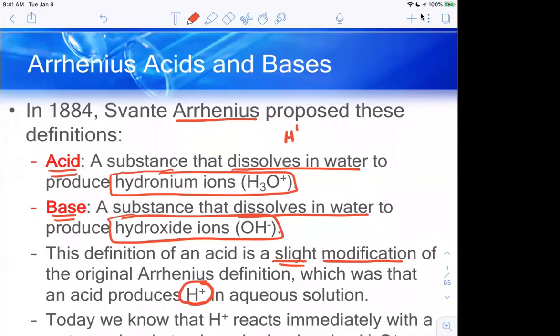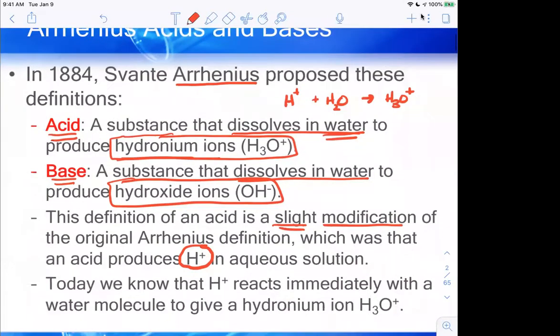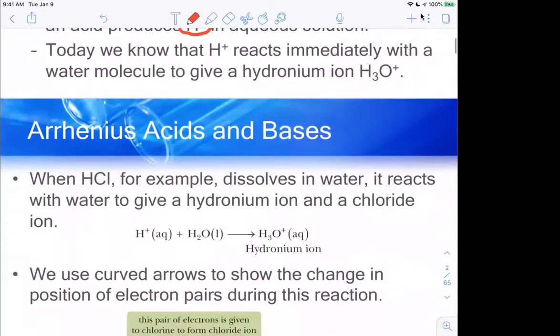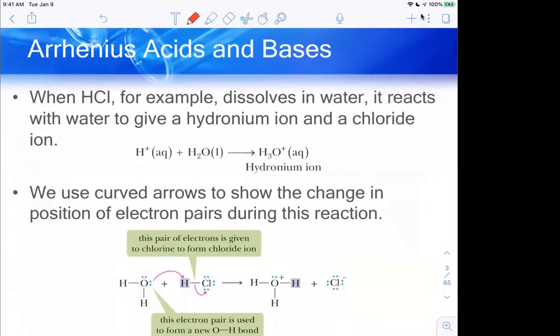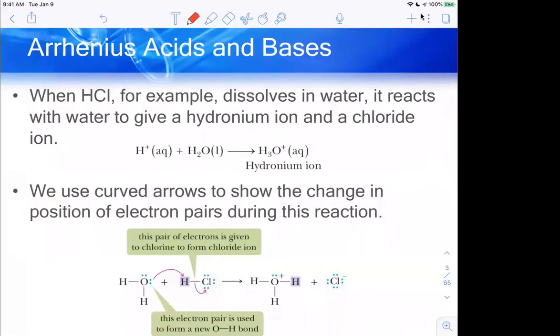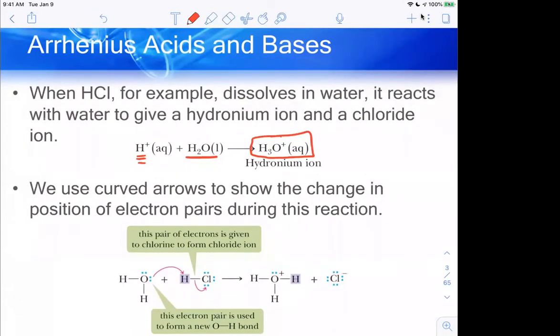As soon as H plus is produced, it reacts with water because I'm in water, and what it forms is H3O plus, the hydronium ion. So this is a more accurate definition. HCl, when it dissolves in water, reacts with water to give a hydronium ion. This is what I was talking about before. As soon as H plus is produced, it'll react with H2O to form this hydronium ion. Now here's the reaction of